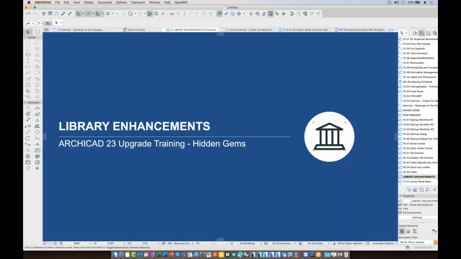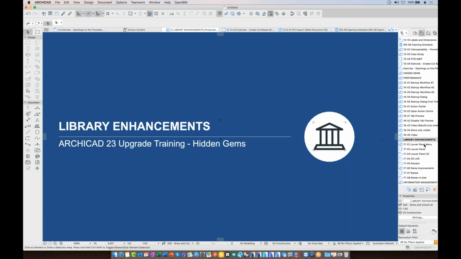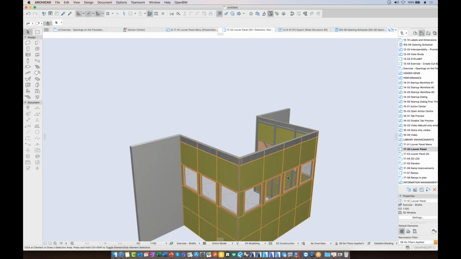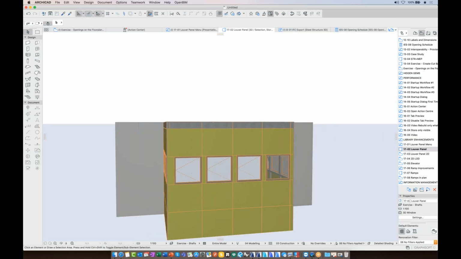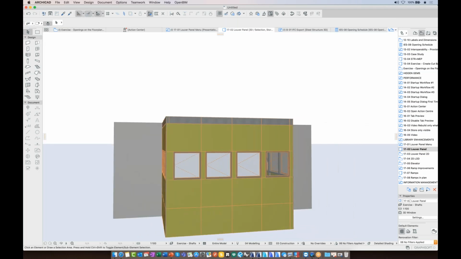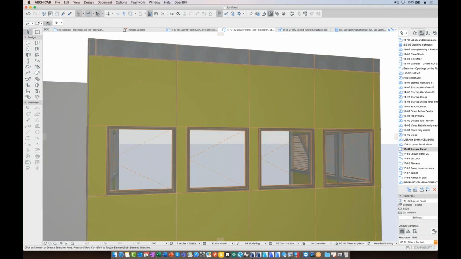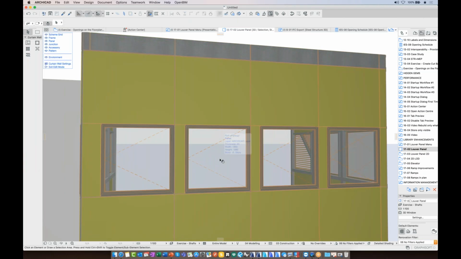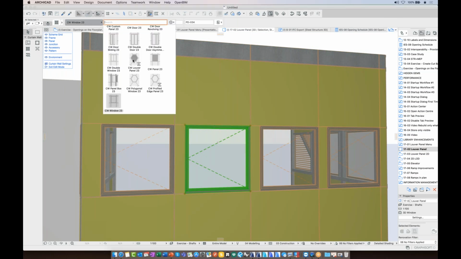There's also a few library enhancements available now. In the curtain wall tool, there's a great louver panel. Has some pretty interesting settings. I think what I like about this is that your windows can be any shape. So if I click on this curtain wall and click Edit, and then I can click on this window, let's change this to the louver panel,